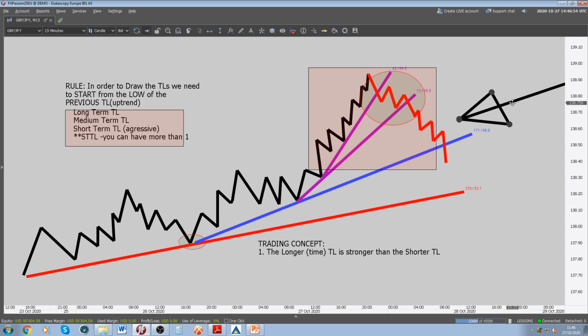We are shorting an uptrend or we are going long on a downtrend and we are not aware. Our brain is not perceiving the market in the correct way. We are not aware that we are going long on a downtrend. And this is why we are losing money as beginner traders. So everybody,